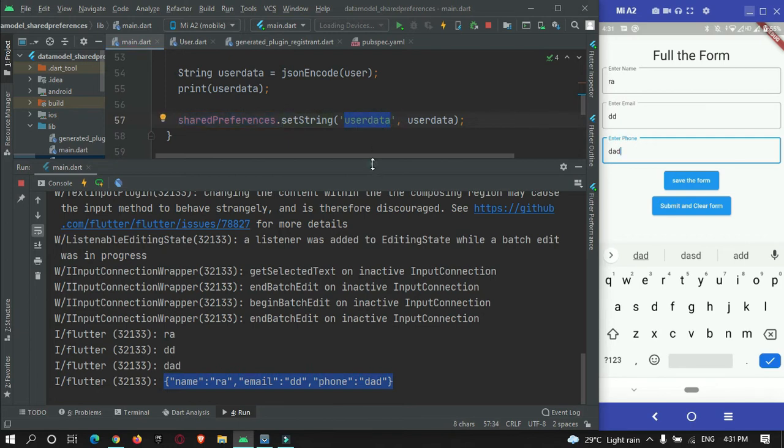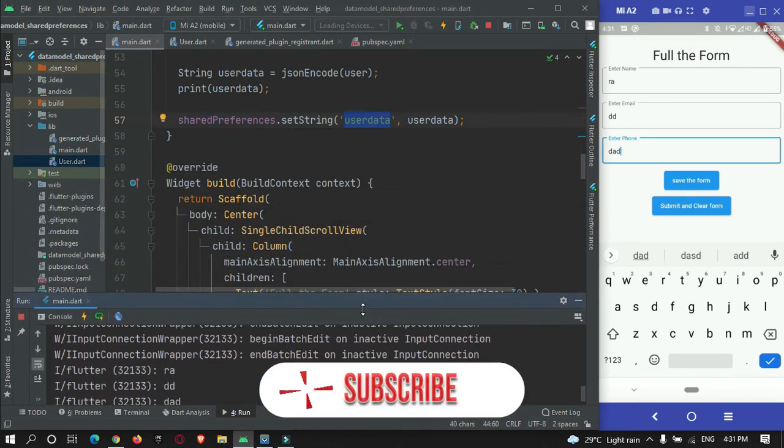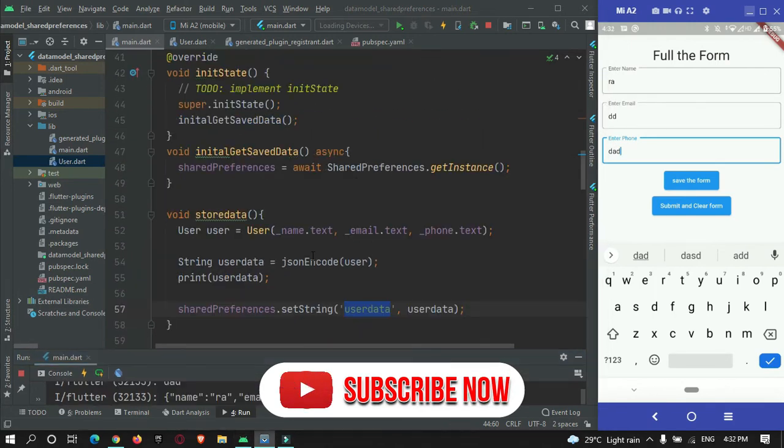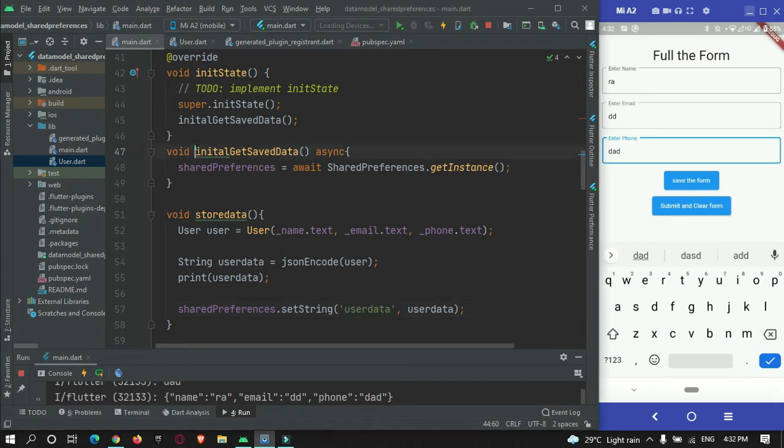Okay, so now let's learn how to access it. So accessing of the data we will do in the initialization method, this here. So here what we will do is we will just read the data that is stored in the shared preference, and if the data is there, we will just display the data in these text fields. Okay, so before doing that, I will just show you. I have not done anything. Means when the user restarts the app, I have not set the text in the text field.